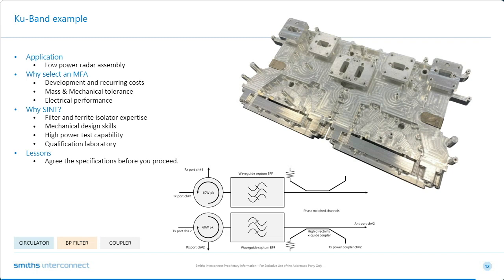We used a combination of half height and full height waveguide pieces. But what we decided to do, instead of integrating the filters, is to put the filters separately. That's because the way it's machined, we have to machine this in 2 halves, but the filters are at right angles to the machining faces. So it made sense to put the filters as standalone. Plus, we get the chance to change the filters in future if the legal requirements which dictate the filter characteristics